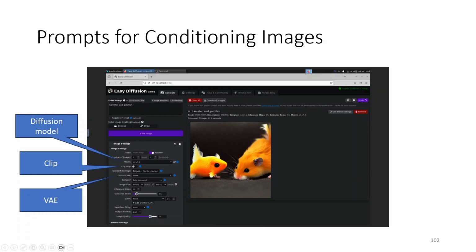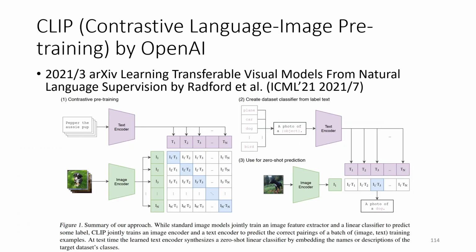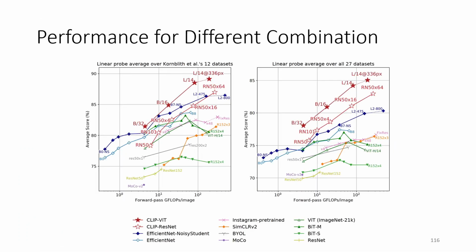So if you want to know what CLIP means, you can take a look at this paper. Because there is one image encoder and one text encoder, there are many combinations, and then they found that the best combination is what we got. Okay. So now you run out of time,